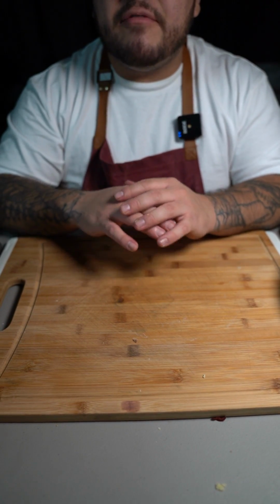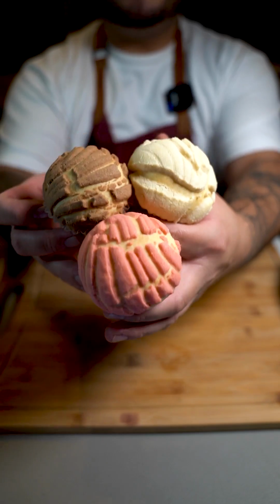Perfection. These are the exact same steps in the link in my bio where I have all my recipes. Just please read the instructions thoroughly and it'll come out perfect. Sorry to everyone, cause